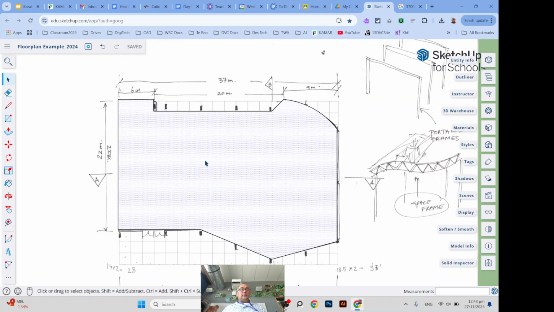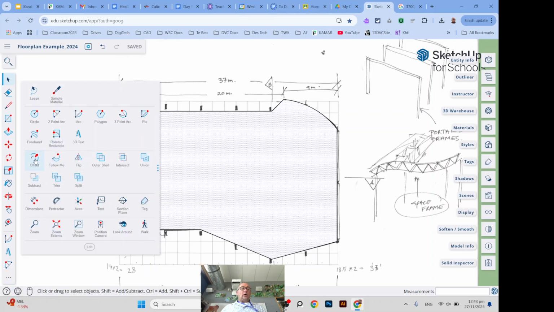Right, so I've selected the surface, and now I'm going to use a tool called offset. This is the offset tool. It might be in your toolbar here. If it's not, you can click on the 3 dots and it'll give you all of the tools that are available. So click on the offset tool,